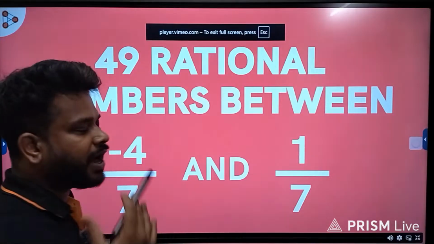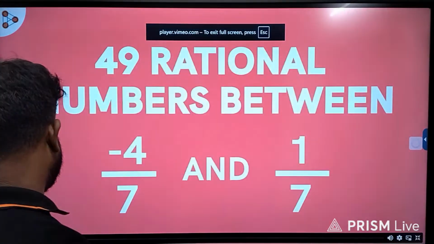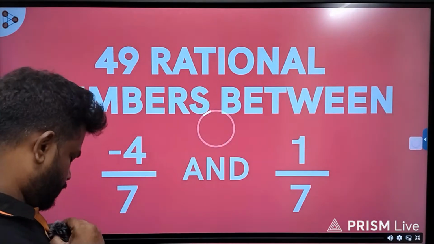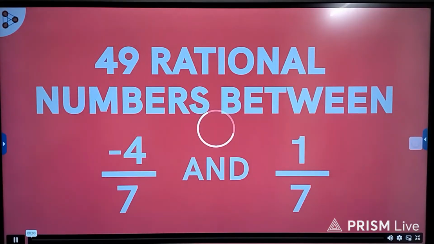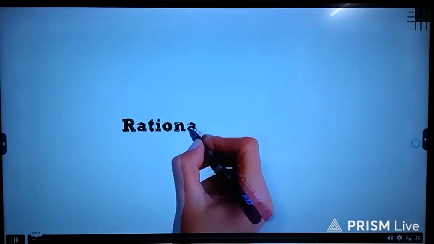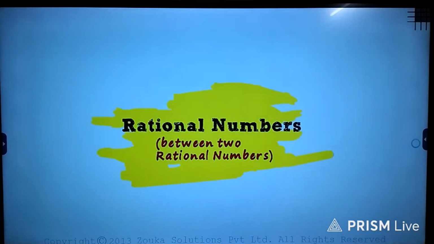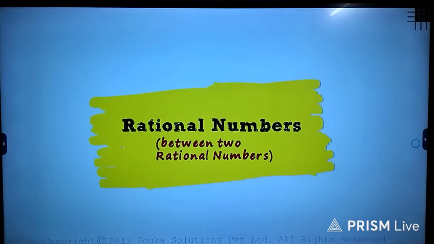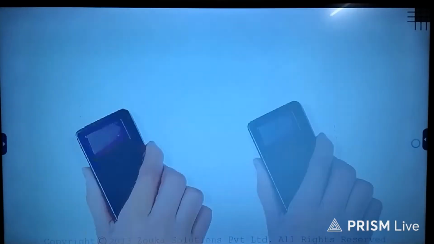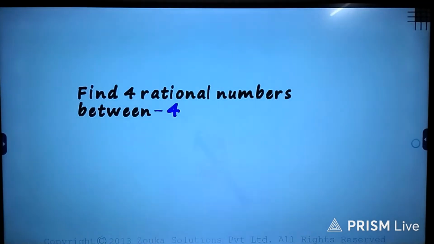Yes, they have described this with an example, so let's watch this. Here are the kind of problems that could be asked in your exams. Find 4 rational numbers between minus 4 by 7 and 1 by 7. Since the denominators are the same, we can easily